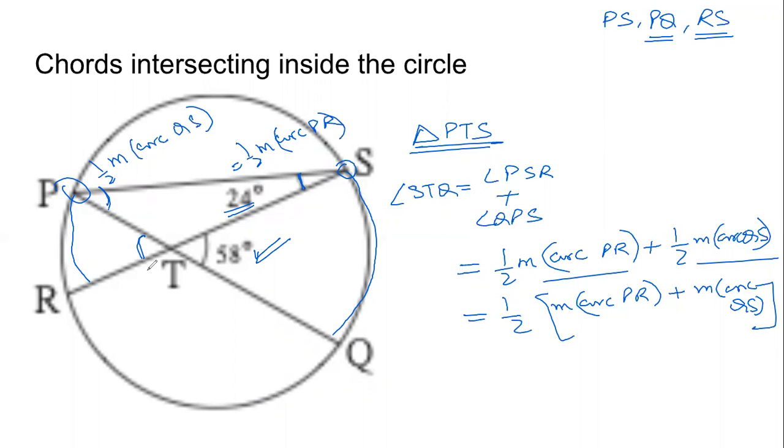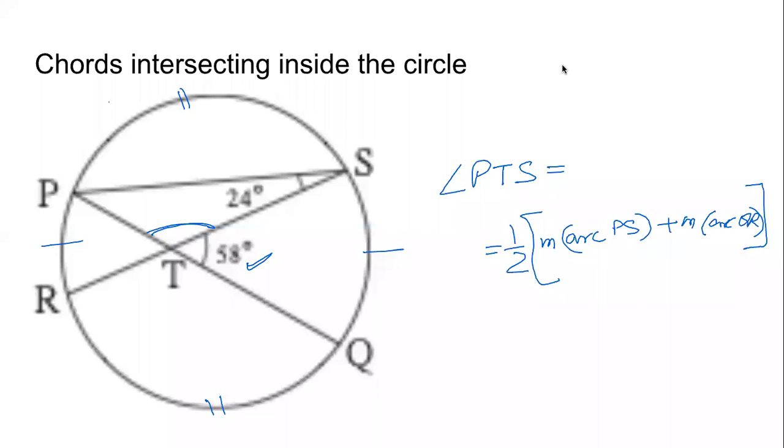But what we can now definitely say is that this 58 degrees is half of the measure of arc PR and measure of arc SQ. Please make a note, and it is there in the textbook also. Depending on the angle that we choose, when the two chords intersect, there will be 4 angles. Depending on which angle we choose, we have to consider the corresponding arcs that they intercept.